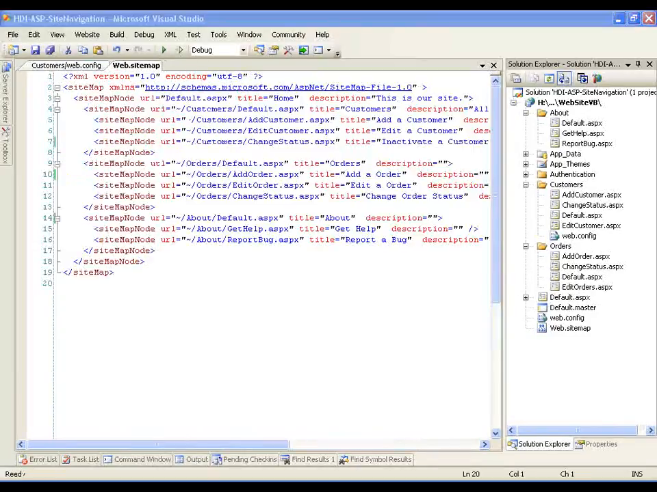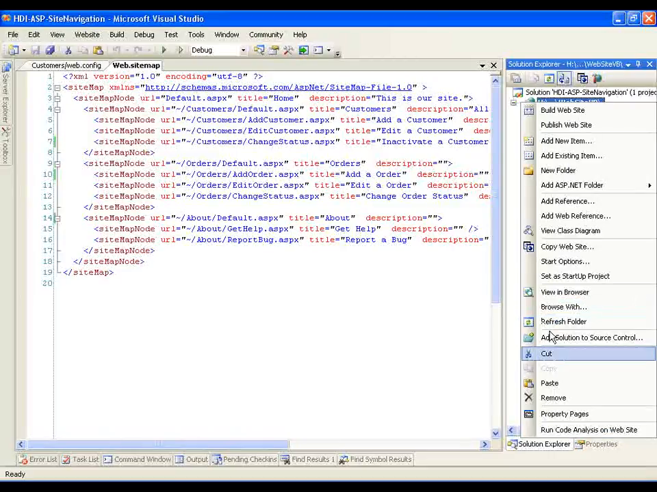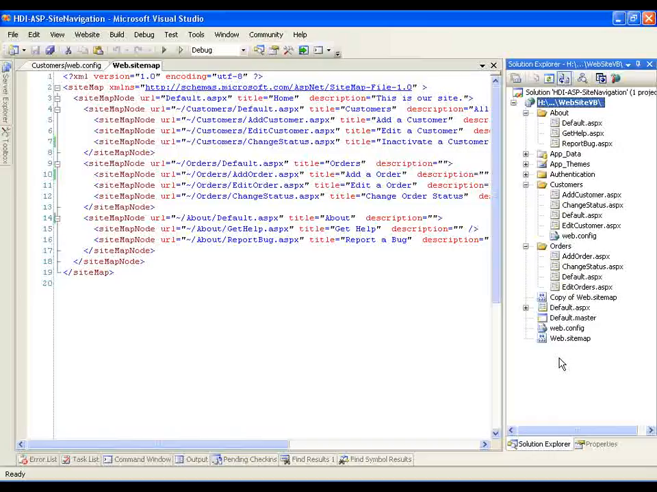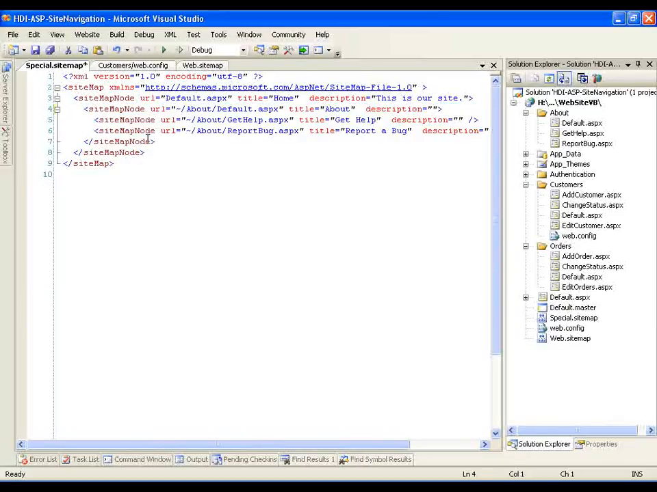It's also possible to have multiple sitemap files and attach them to different navigational controls. So let's add a second sitemap here. And to speed things up, what we'll do is just copy and paste our web.sitemap, and then we'll rename it. We'll call this special.sitemap. Open that up, and in this one, what we're going to do is just have the about choices,